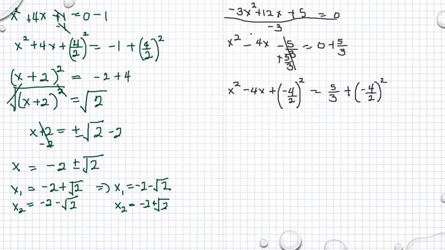And then we have x minus, this time it is a square with a minus in between, 2 squared is equal to 5/3 minus 4. If we multiply both numerator and denominator by 3, then we have x minus 2 squared is equal to 5 minus